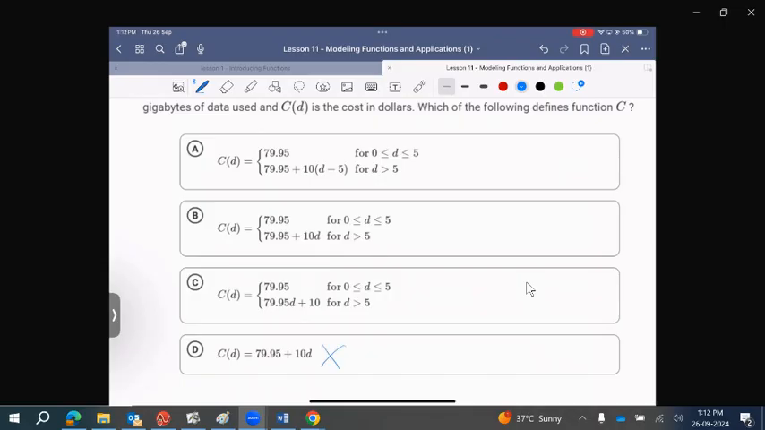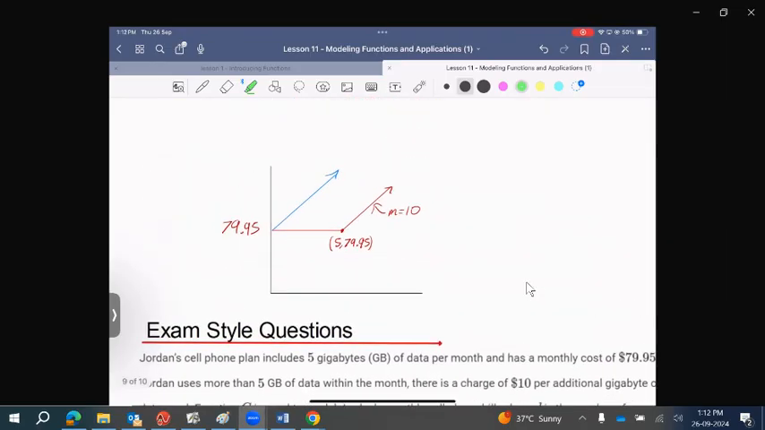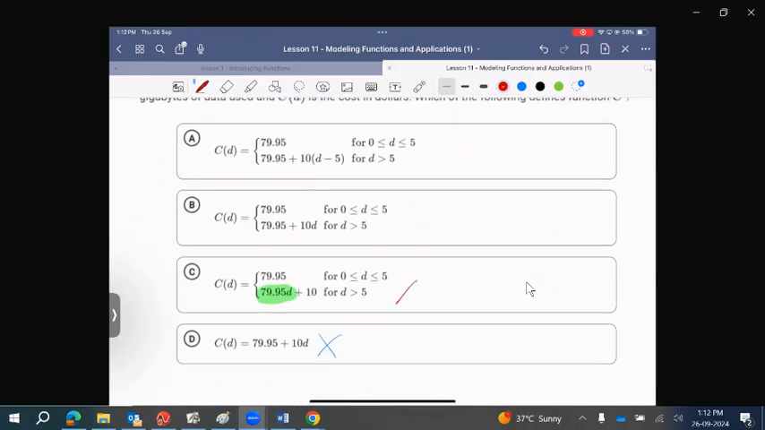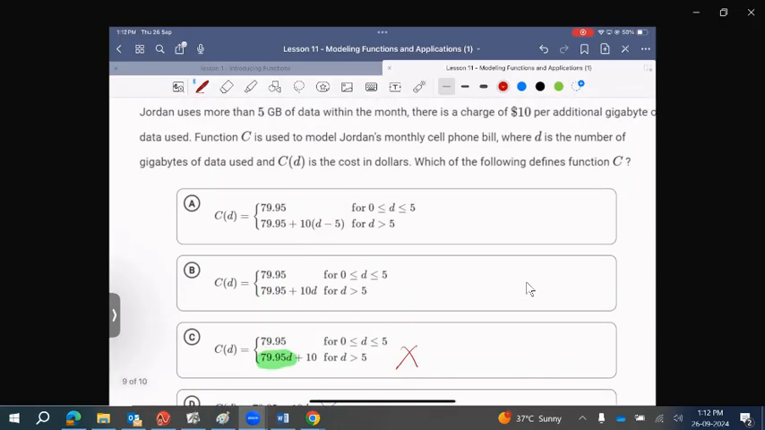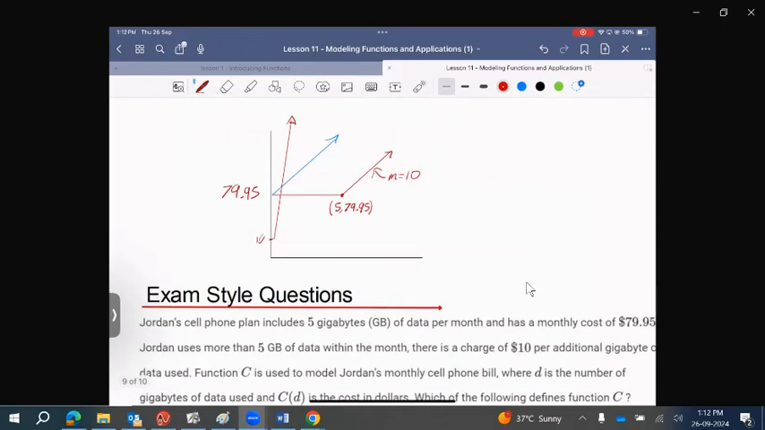This one, look, what is this? So for every data we use, it's going to be 79. So that one's going to look like this. It's going to start here at 10, and it's going to go up like this. That's this one. Oh no, wait, it's not. So okay, all right, let me see it. Yeah. So this